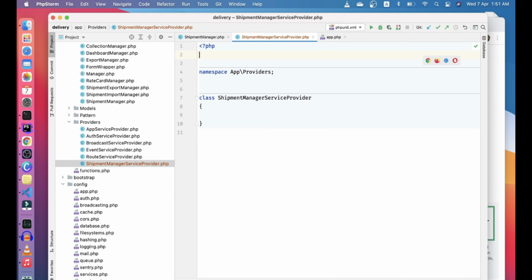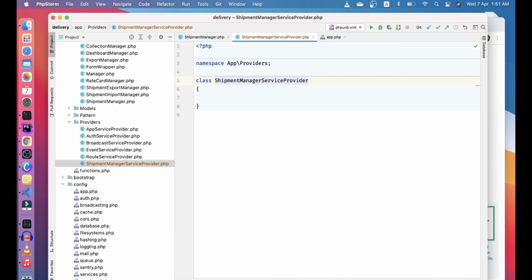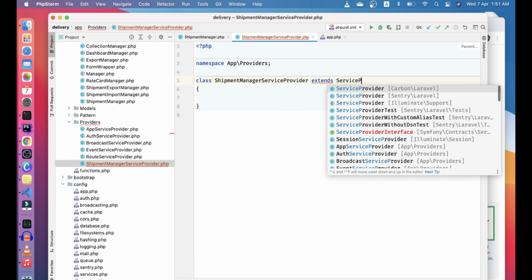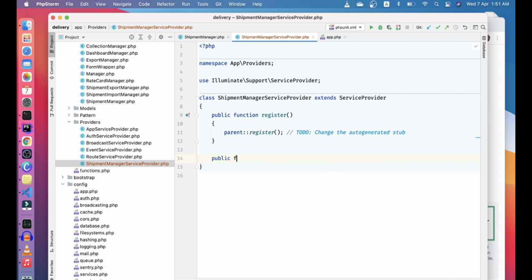Okay, so we have added our first service provider here. For the service provider to work, we need to extend it from the base Illuminate Support ServiceProvider class, and then we can use two methods. One is public function register, and the other is public function boot.